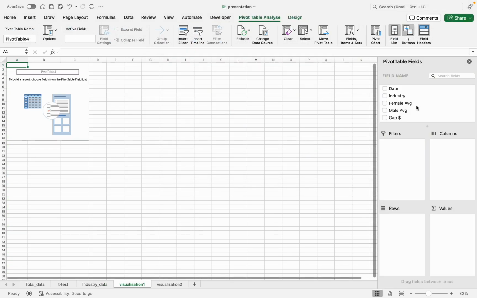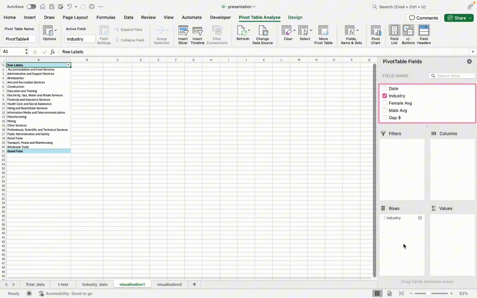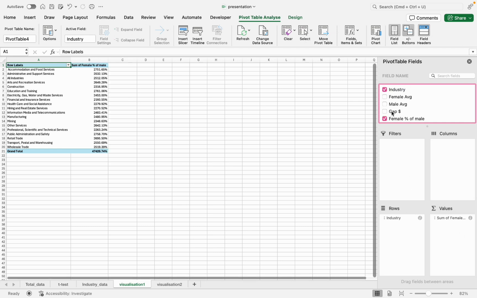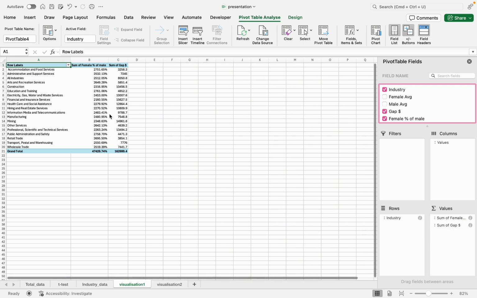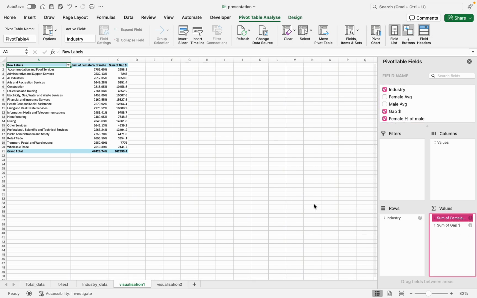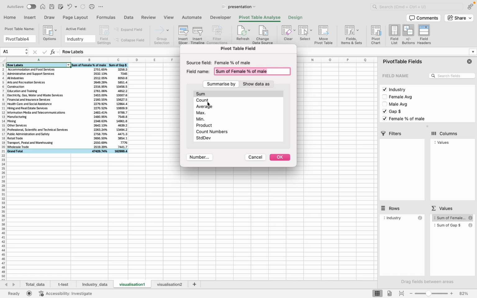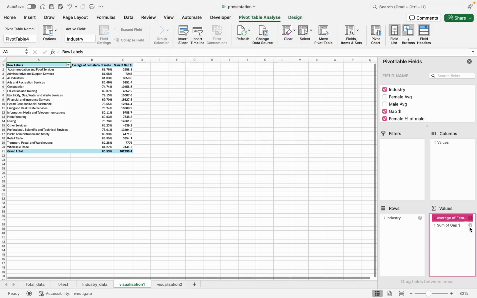For the rows, I'm going to put the industries, and I will put the average gap percentage in values and also the gap as well. And let's change to average, because the sum doesn't seem right.